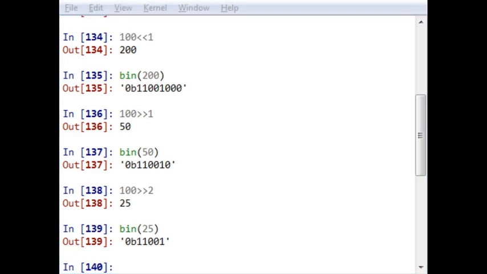So once again, the bitwise left operator shifts all the bits of 100 in binary format to the left and fills the gap with a new 0. Thus the result is different from the original one, which is equivalent to 200 in base 10. The right shift operator shifts all the bits of 100 to the right side, and the result is, as you can see above, 110010, and the extra space has been filled with 00. In the similar manner, the 50 and 25 output has been shown.